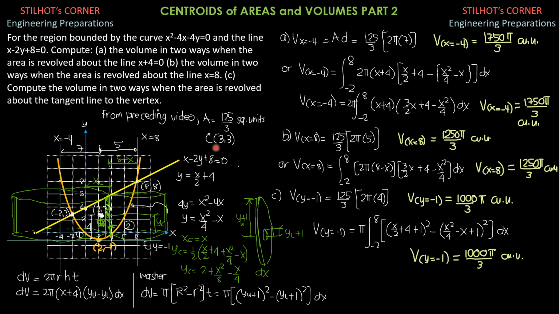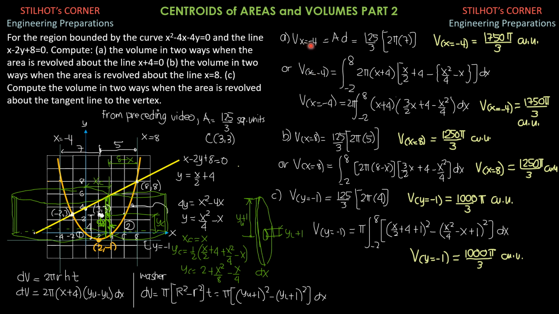So using this, we apply the second proposition of Pappus, volume about this line x equals -4. So the distance of the centroid from that line, which is considered the radius of revolution, to solve for the distance traveled by the centroid. So it is 1 revolution, so 2 pi times radius of revolution 7.